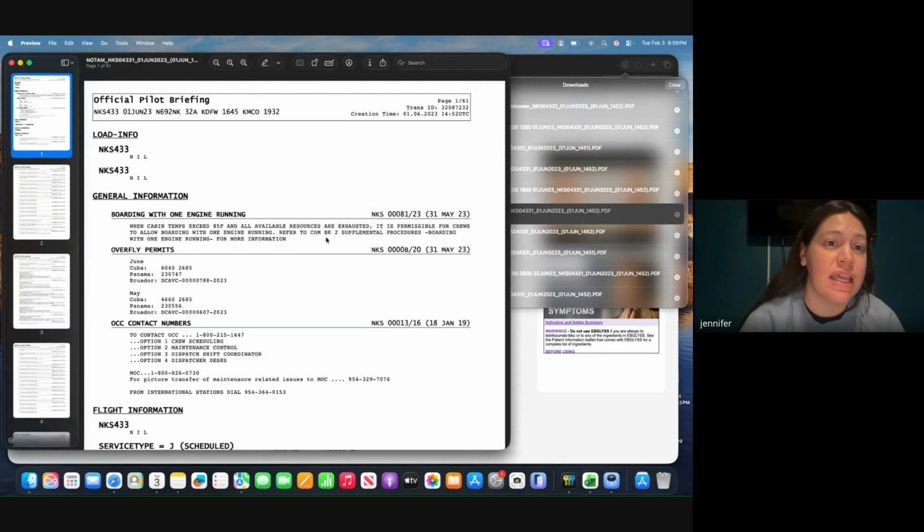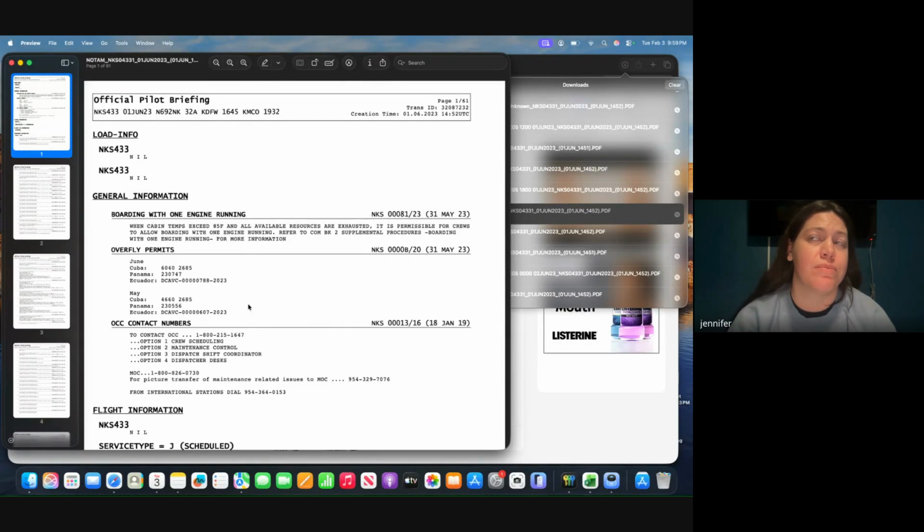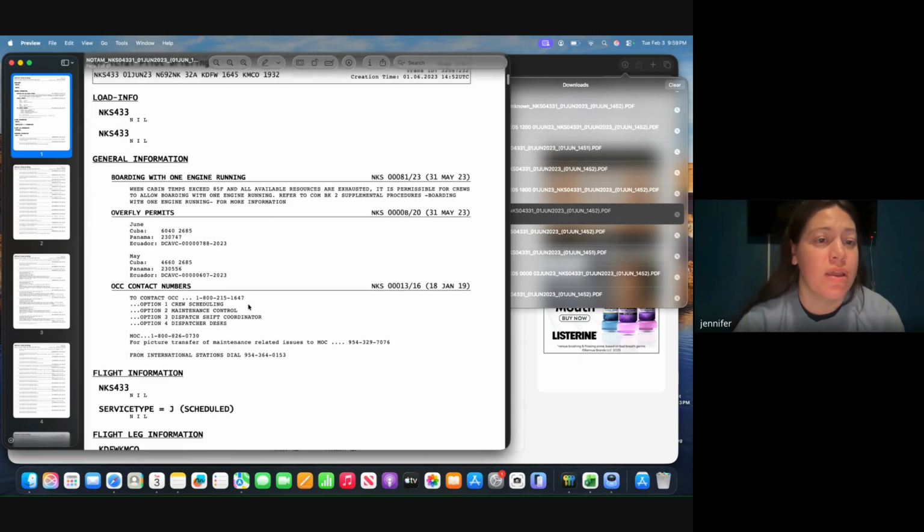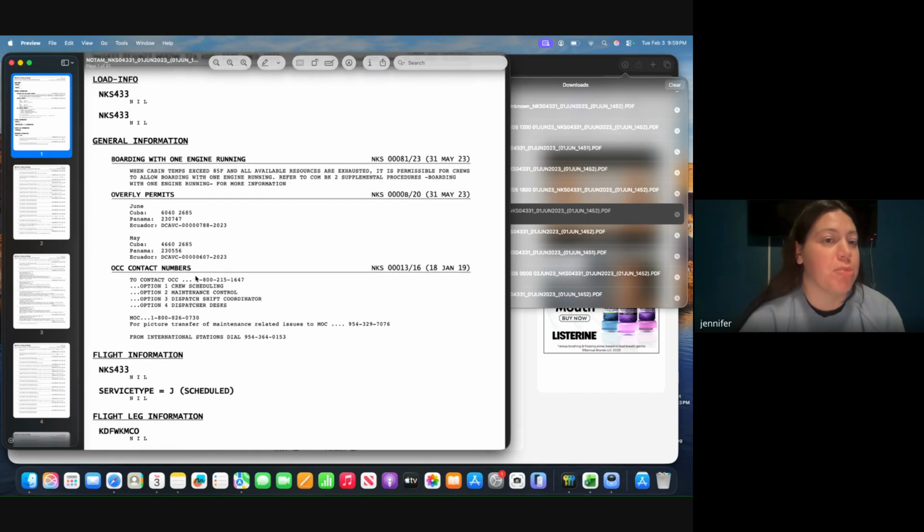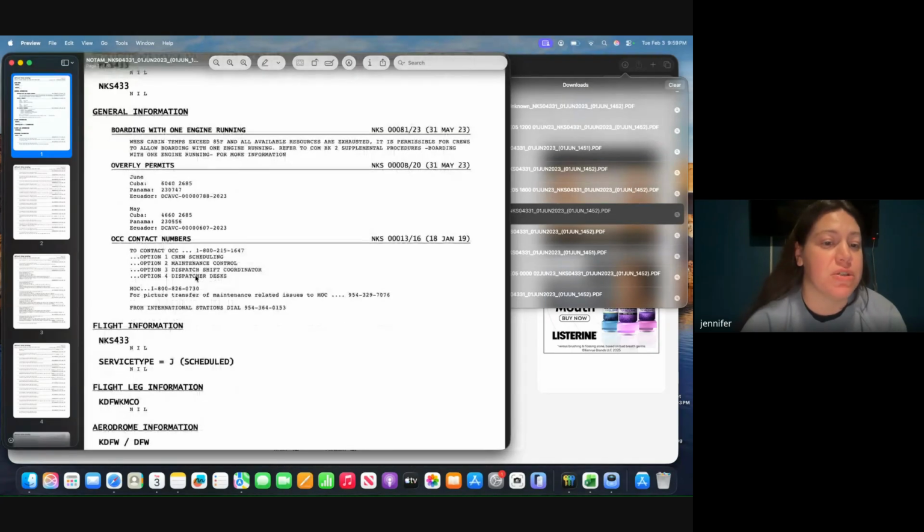Let's see. Here's all those. Just basically the general information. So if there were any overflight permits, which, I mean, we didn't do any of the permits. That's something that dispatch doesn't do. Some companies have their own people that submit the overflight permits. I think Delta has their own job role for this. So we didn't have to worry about making sure that the permits were in there. We didn't have to submit any overflight permits essentially, but